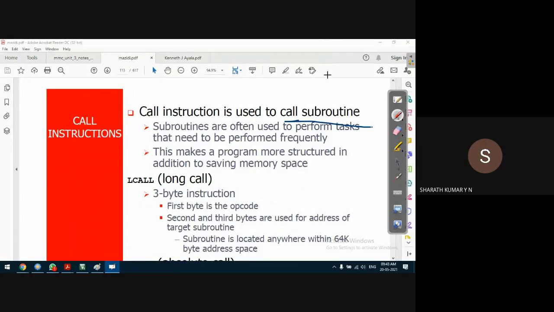What a subroutine is, we have understood in the addressing modes. When we discussed addressing modes, a subroutine is nothing but a set of instructions which are repeated the required number of times to execute a task. A subroutine is similar to functions in C. We discussed this in detail, guys. How do we call a function in C language? We had a detailed discussion on that when we discussed addressing modes, and if you have any doubt, you can go back to that video if it is available for that class.